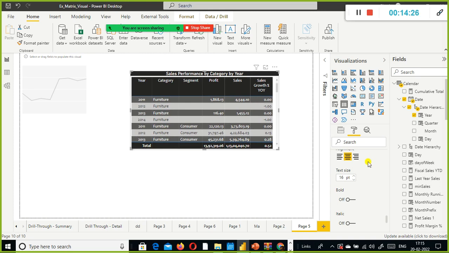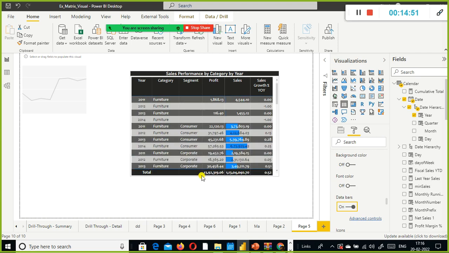And the next one is here we have something called, the interesting feature called conditional formatting. I just expand this, and here, I just want to say sales background color on. Before that, let me just do data bars.